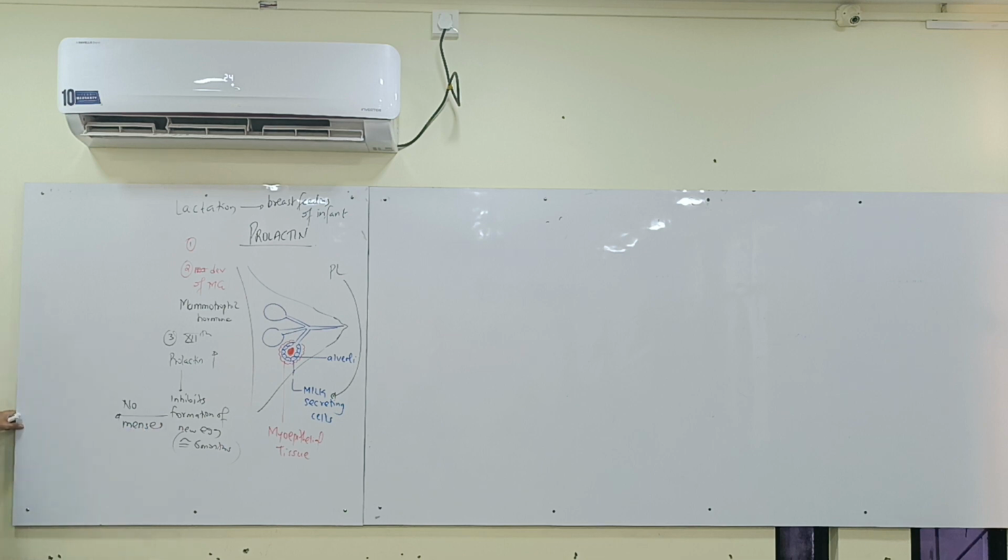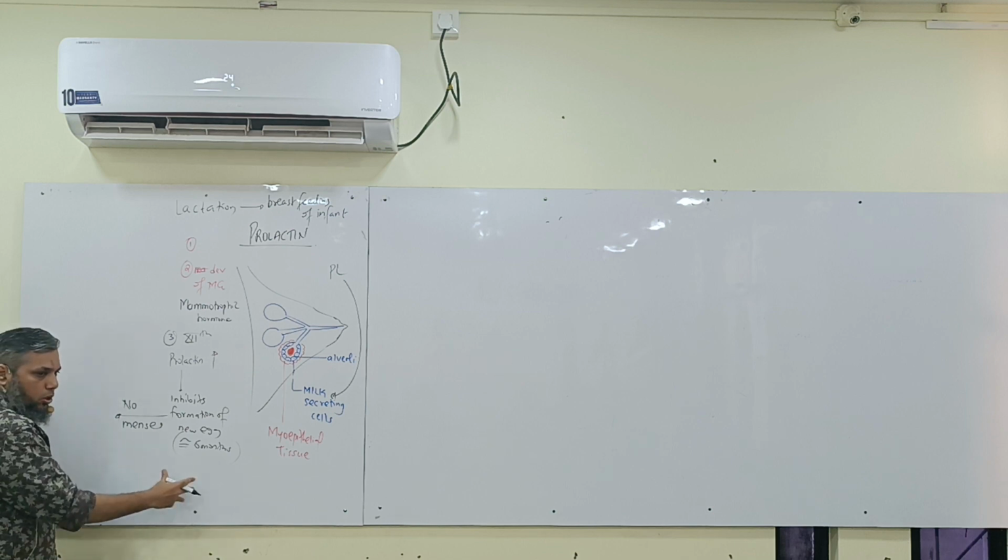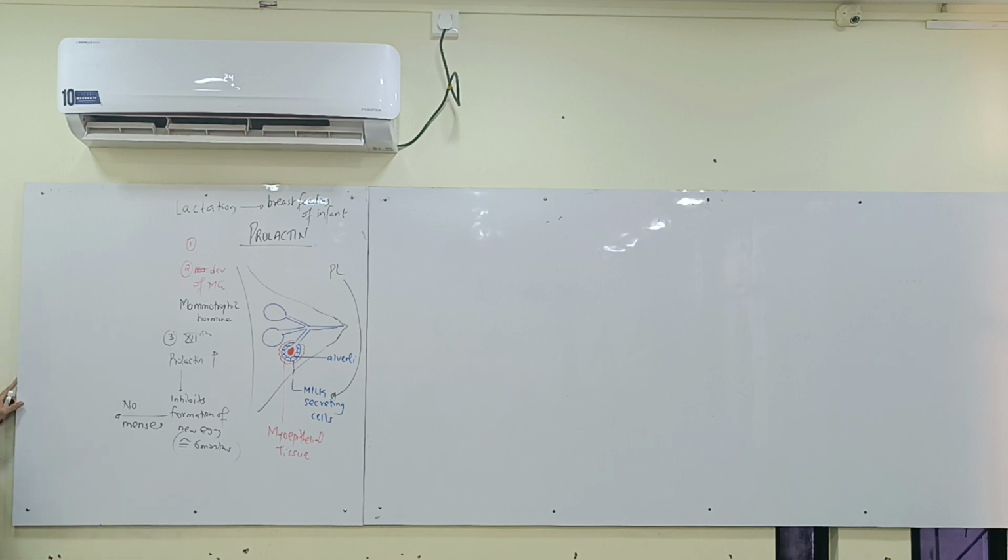Her periods will stop. Mother's period will stop for approximately how many months? Around 6 months. She will not have any menses. The periods stop at the time of pregnancy. Also, they stop for almost 6 months after the pregnancy when mama is breastfeeding the baby. And that condition is called